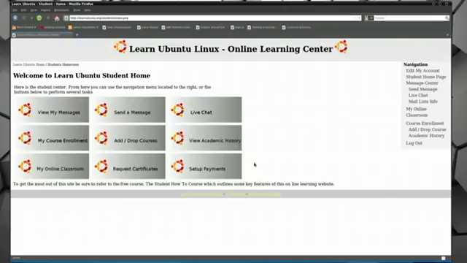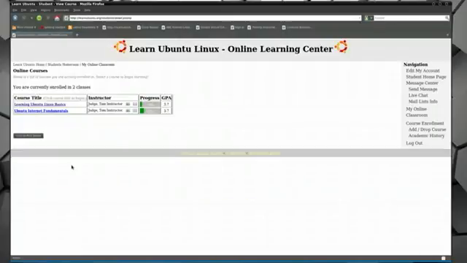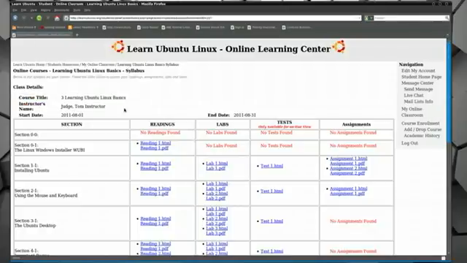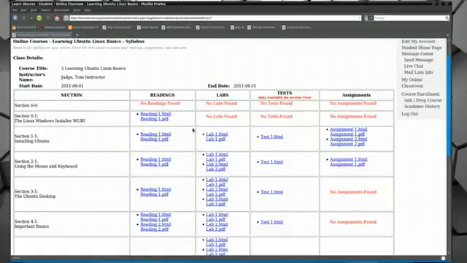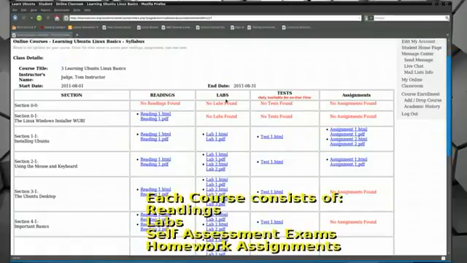Obviously you have to be logged in as a student, after you've already made your student account and signed up for a course. Let's look at our online classroom. And here we see John has signed up for 2 courses. Let's look at the Learn Ubuntu Basics course. We simply click the link to that, and it brings us to this area where we have readings, labs, tests,